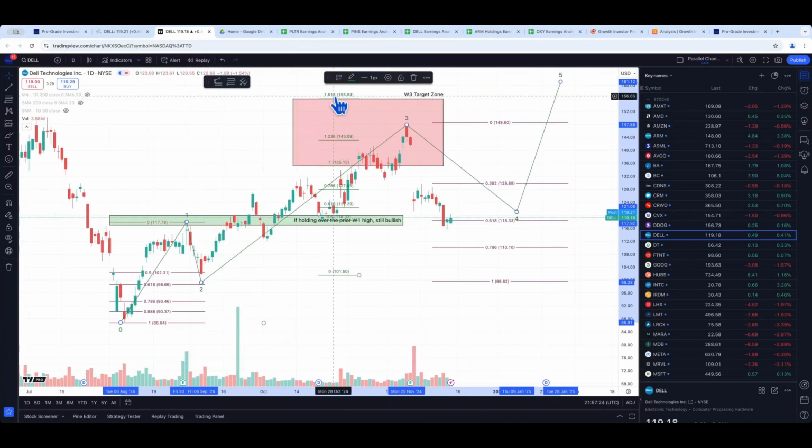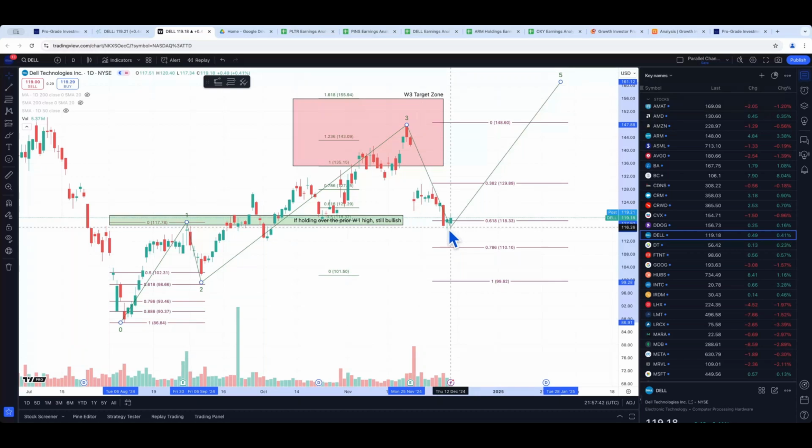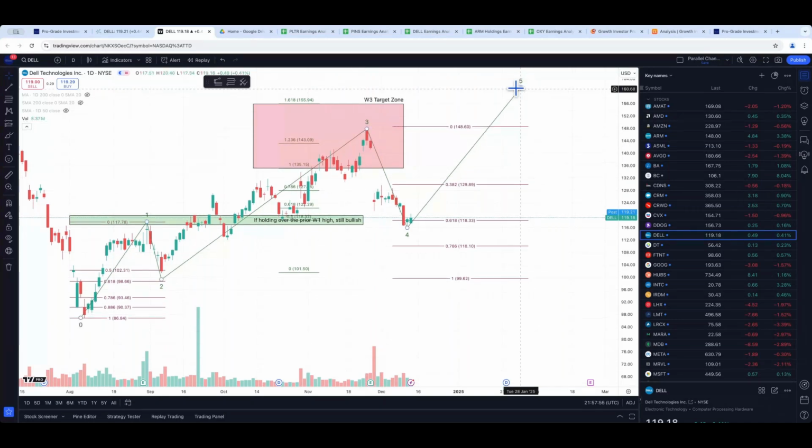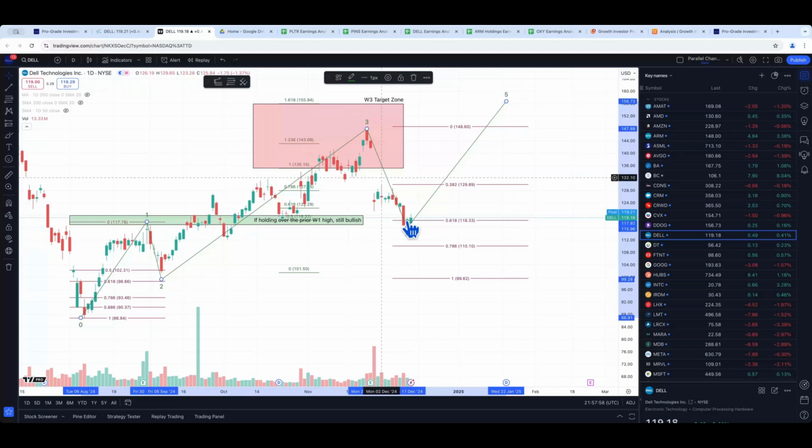Now, key level, the one I've been watching, is this wave 1 high back here, 117, 118. So the theory of Elliott waves, and it's only a theory, it's not science, it's just pattern recognition, says something like this: if you are in a wave 4 down, in other words, you've had your 1, 2, big wave 3, you've got some selling off, some profit taking after the big move up, and then you've got sort of a last hurrah in the current cycle to move up, then for that to be truly a wave 4 and not something else, more gruesome, it kind of needs to hold over that wave 1 high.